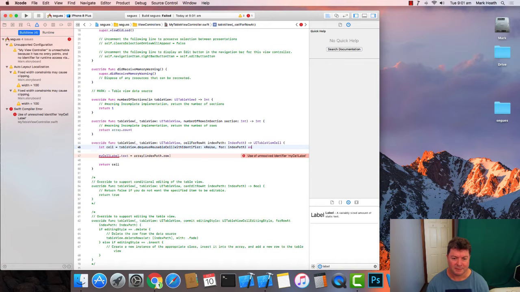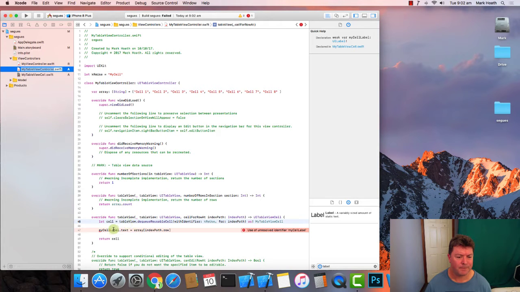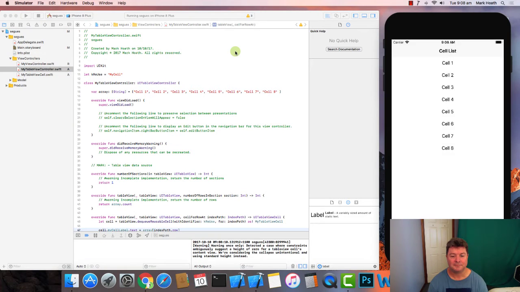As my table view cell, let's fix that. My cell label, what did I call it here? Maybe we need to put cell. Okay. Okay, there you go. So we've got cell 1 through 8. That took forever. Anyway, we've got our cells here 1 through 8, and essentially what we want to do in order to edit these,